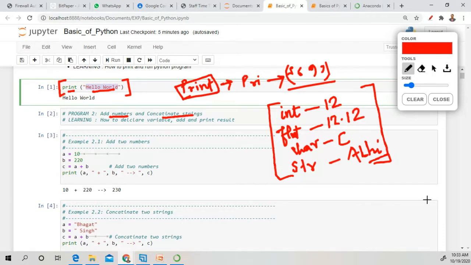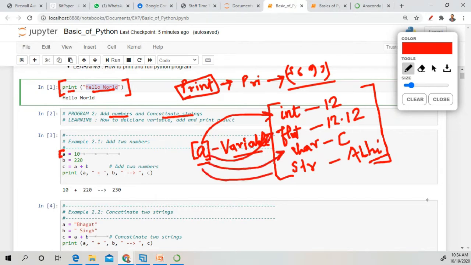We have created a variable a. So what do we mean by variable? Here a is called a variable. A variable is nothing but a place where we can store any value. That value can be integer, float, char, or string.